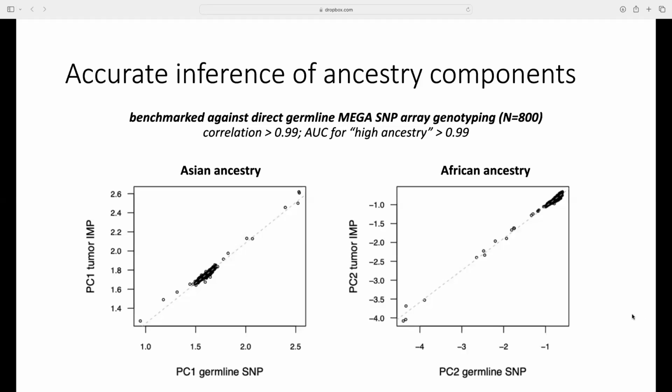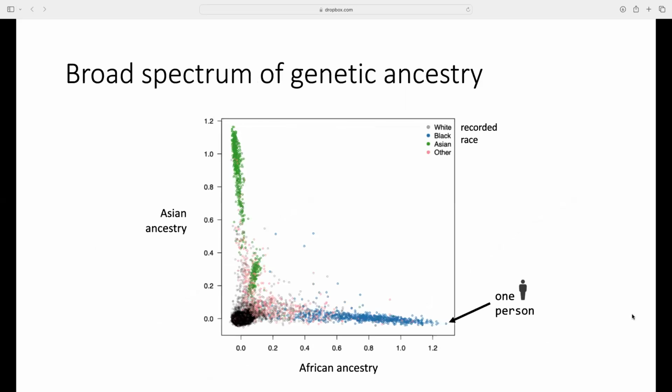Additionally, once we actually start looking at the ancestry components that we infer, we see that there's quite a lot of diversity even within this sort of single institution population. There's a couple of different ways that we can visualize ancestry. One way that's commonly used is principal component visualizations, which try to extract the major drivers of genetic variation in these individuals.